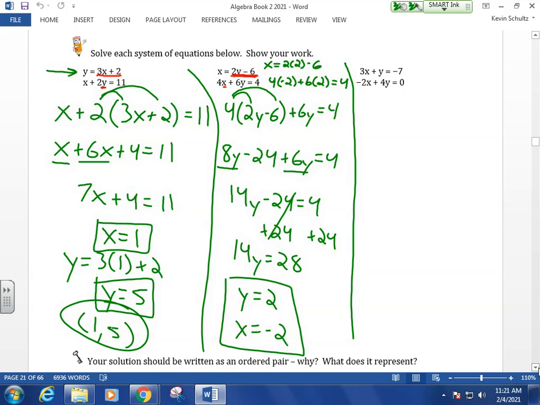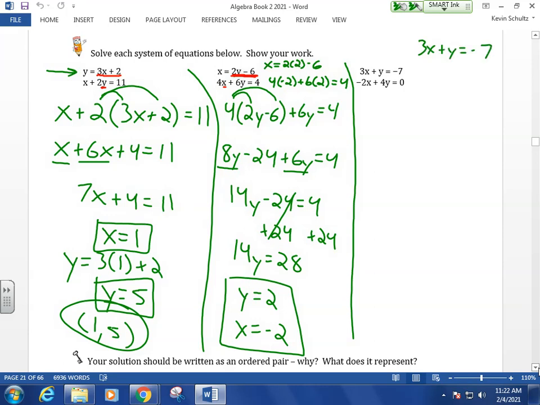Okay. Could we get x by itself and go that route? We could, but we're going to be dealing with fractions or decimals. Things might get kind of messy. Okay. So I had a student a few years ago who, after I said that, said you could do it, but it was just going to be harder. Decided that just out of spite, he was going to always do it the more complicated way, just because I said it would be easier to do it the other way. Whatever, it's fine. Okay, you will get the same answer, but it's a lot easier starting with 3x plus y